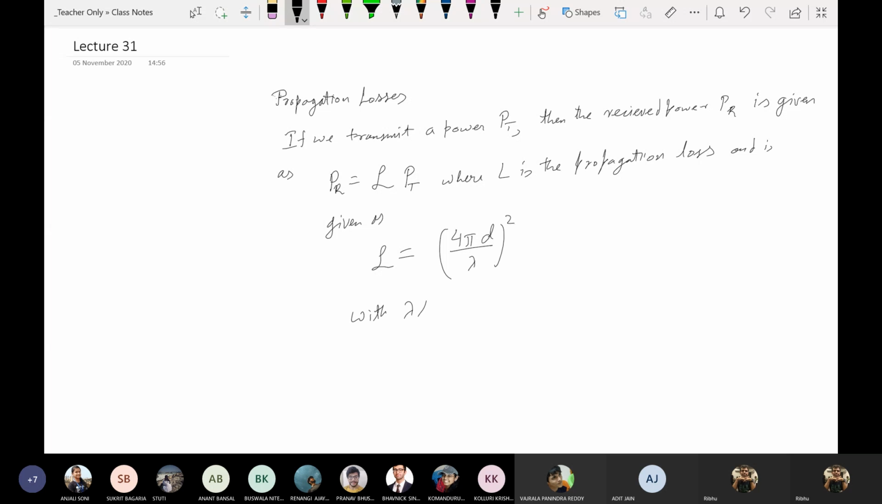with lambda being the wavelength used for transmission, and d being the distance between